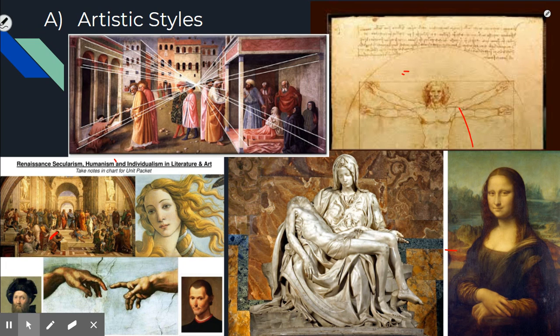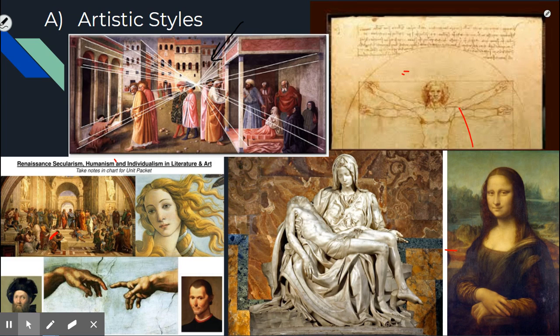The first one is perspective, which we see here as far as creating depth within paintings through vanishing lines. The second is humanism, sort of the greatness of humanity and the idea that humans have great potential to do things. And the third is realism, which is the idea that art should look very much like real life and that artists should study humans and humanity, like their bone structure and muscle structure, in order to create works of art that look incredibly lifelike, as you can see here in a number of these paintings.